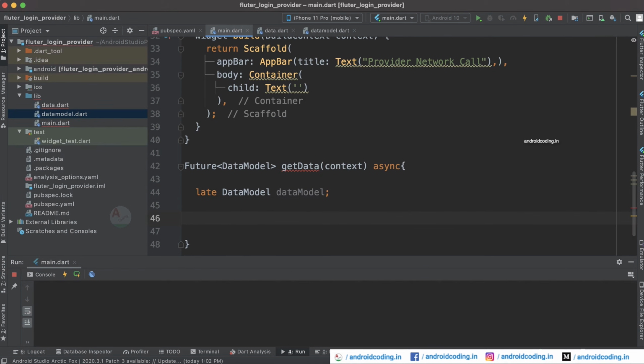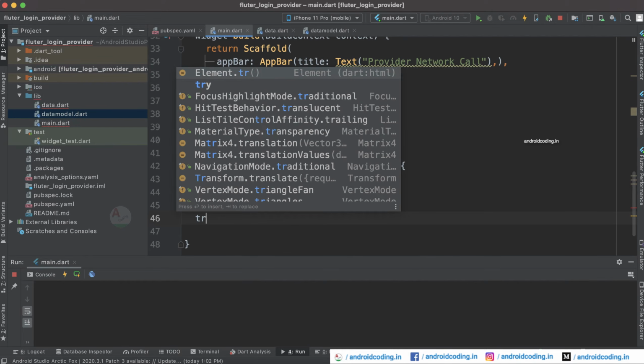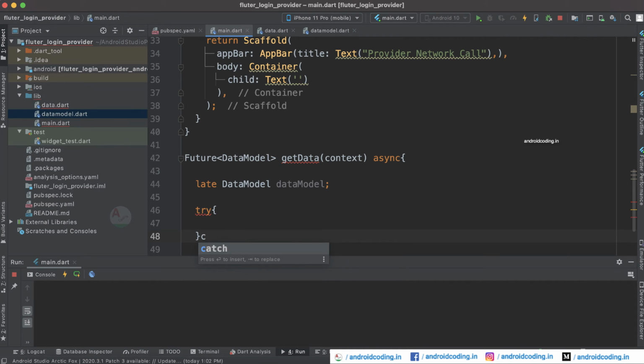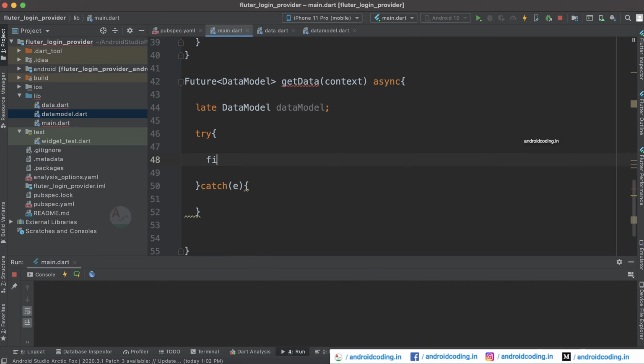So now let us try to call the API. So let's make use of a try catch block here so that if there is any error we need to handle it properly. So try and catch block. So now we will be making use of the HTTP library and specify response equal to await. So we need to wait till we fetch the data. And in this particular tutorial we are going to deal with the get method. So we are trying to fetch the data, and in coming tutorials we will be trying to see post, delete and update as well. Within the get here you need to specify the URL.